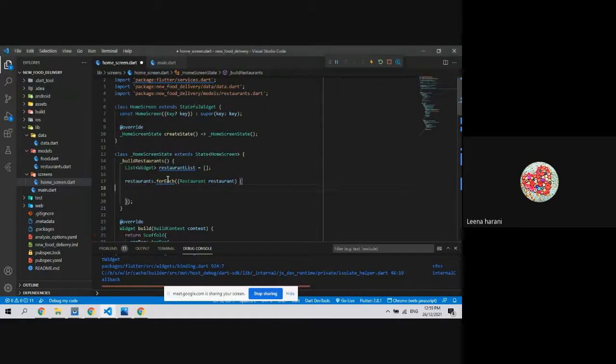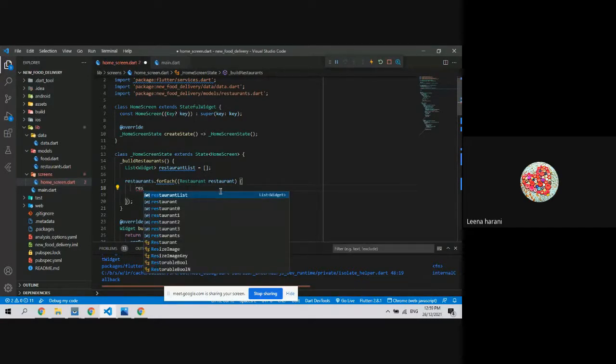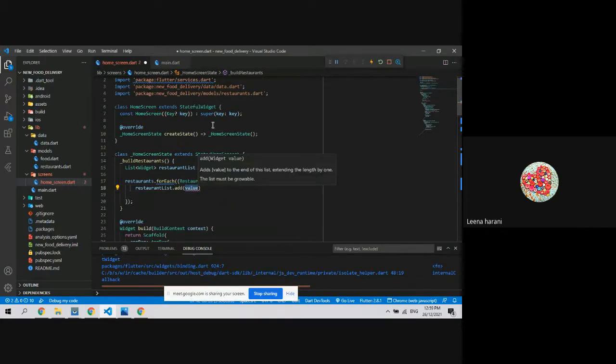So for that, we are creating this for each loop. For each is a loop, and the restaurant type. And inside this, we can add restaurantList dot add. This list is this one. We need to add